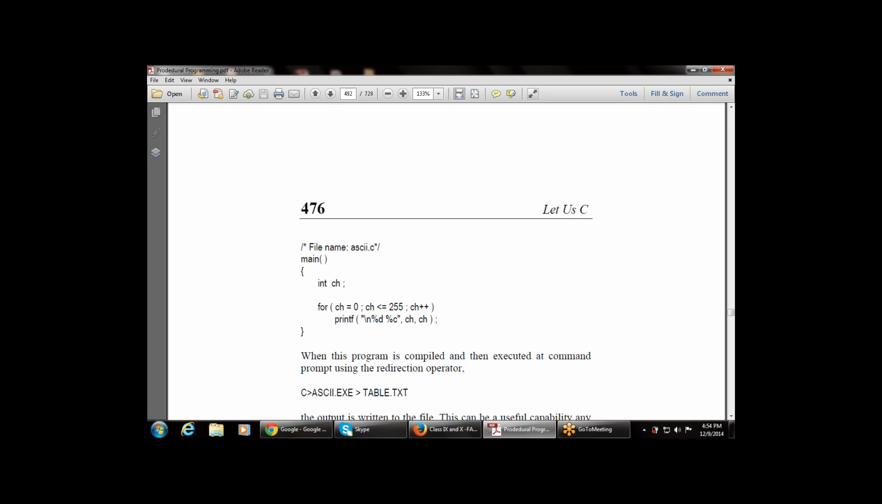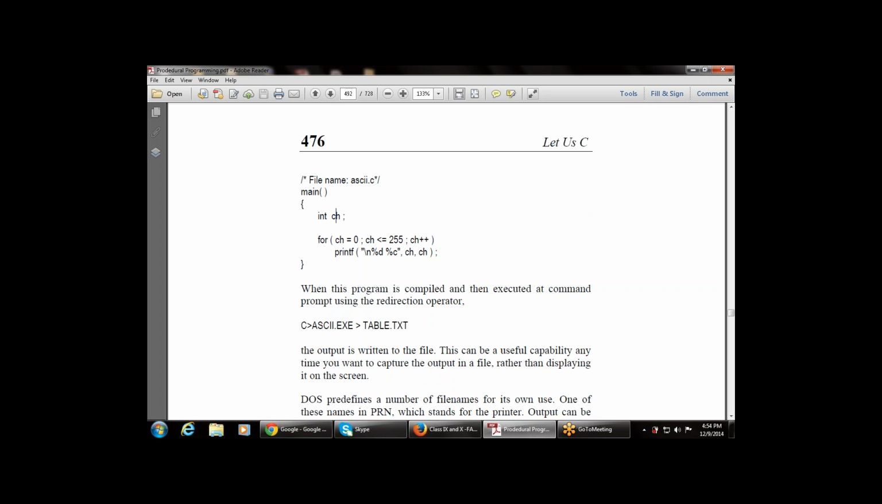This is the method of how the program is compiled and executed at a command prompt. This is the example. We have to use the command prompt. What is the command prompt? That is C and the symbol. Then what is the name of the file? That is ascii.exe. Then again use the symbol. What is the name of the file? The table.txt. This says when the program is compiled and executed at a command prompt using the redirection operator, the